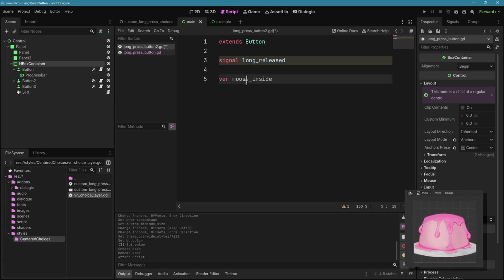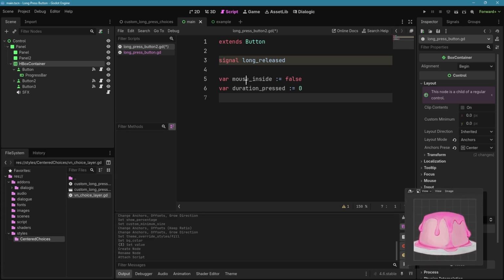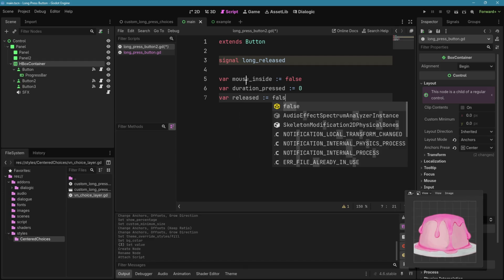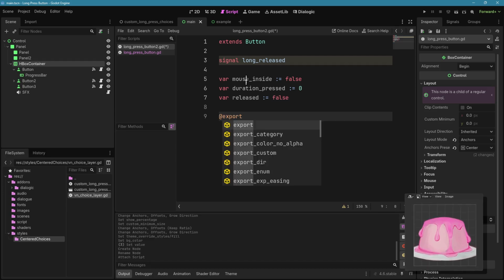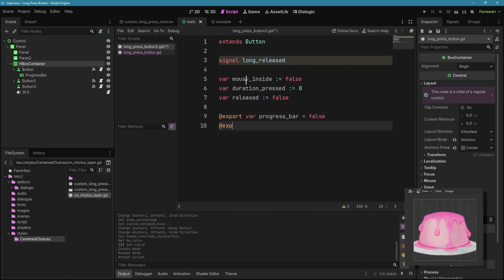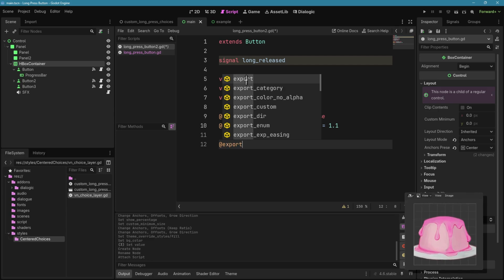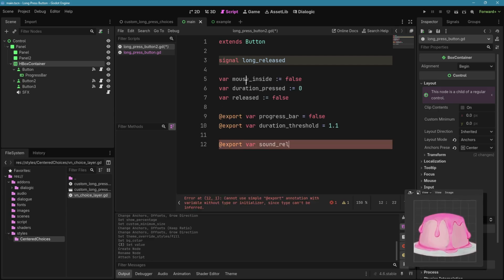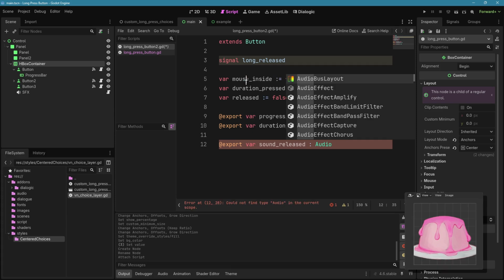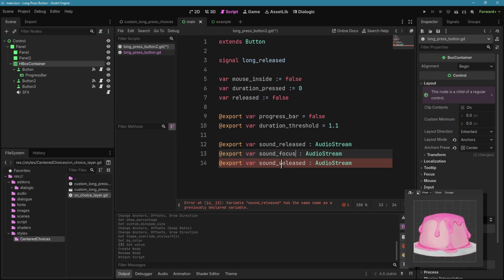mouse inside, to check if the mouse is inside the button, duration pressed, the variable which will increase with how long the button is pressed for, release to check if the mouse is released or not, progress bar, if we have one, it's true, else false. Duration threshold is the amount of time the button needs, so for me it's 1 second, 1.1 second. And then sound variables, audio and SFX